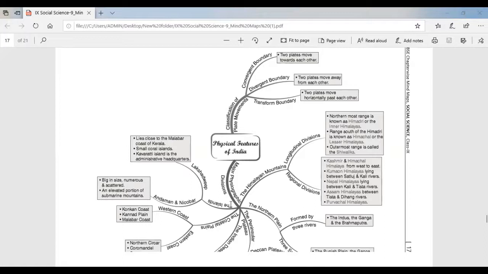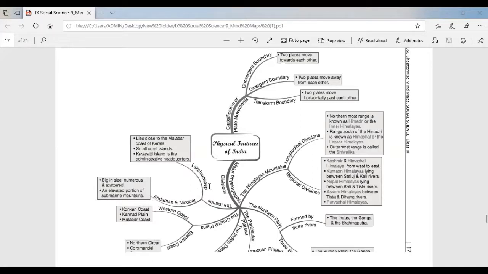Then we learned about the island groups of India. Here specifically we learned about Lakshadweep Islands and Andaman and Nicobar Islands. An island is a piece of land that is surrounded by water.